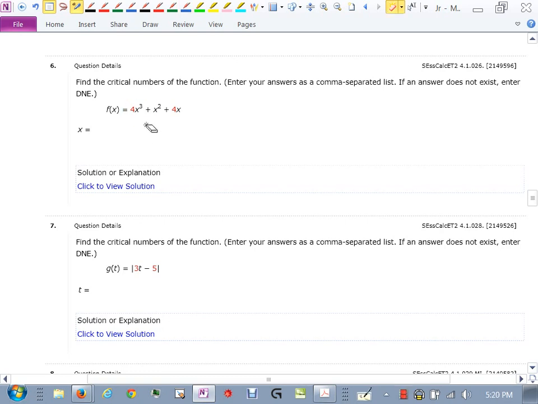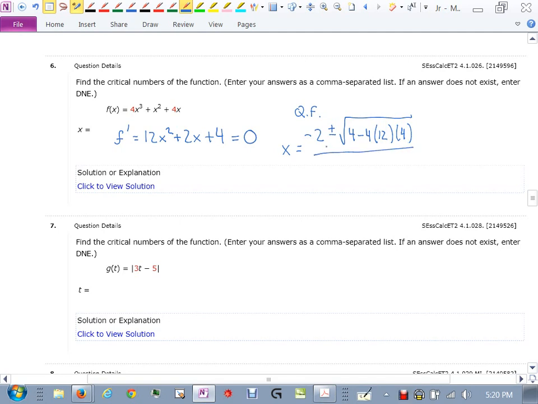Oh, you know what? I think this one turns out quadratic formula, so let me see. Take the derivative, 12x squared plus 2x plus 4. We set that equal to 0, and we wind up having to try and solve this. It will not factor, so we have to use the quadratic formula. The quadratic formula says that the solution to this quadratic would be x equals negative b plus or minus the square root of b squared, which is 4, minus 4 times a, which is 12, times c, which is 4, all over 2a, 2 times